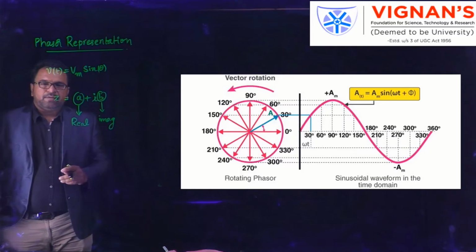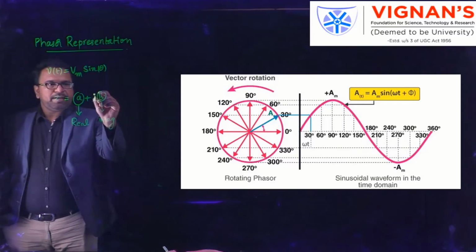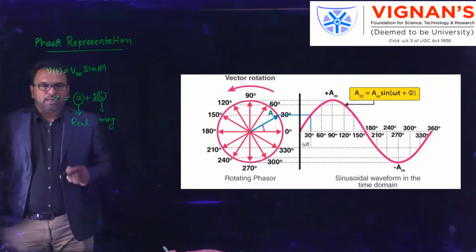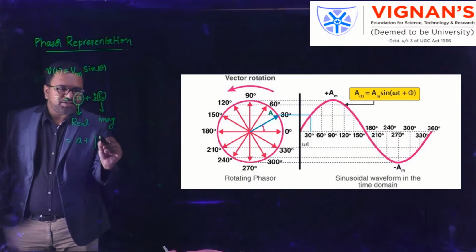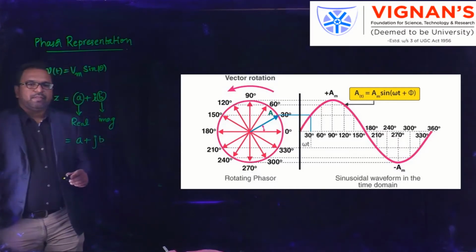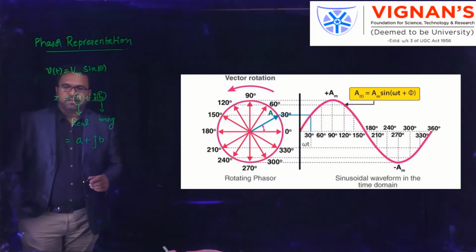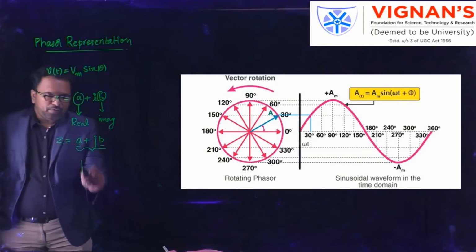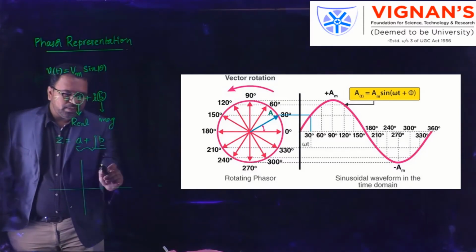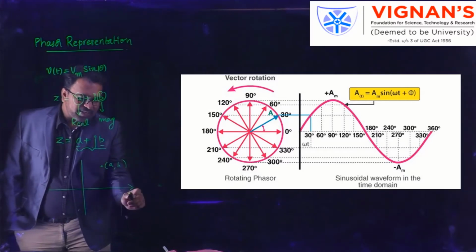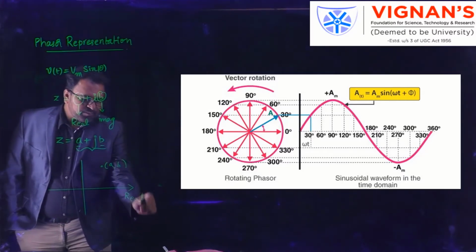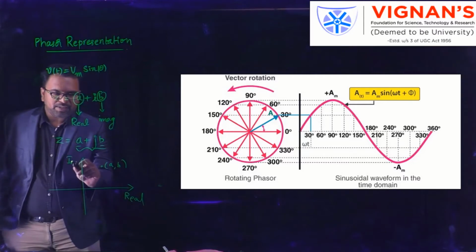In the basic electrical and electronics engineering course, as we have already dedicated the symbol i for current, we are going to use the symbol j to represent the imaginary number. So if you want to represent this Z, you are going to consider the point as (A, B), where the x-axis is the real axis and the y-axis is the imaginary axis.